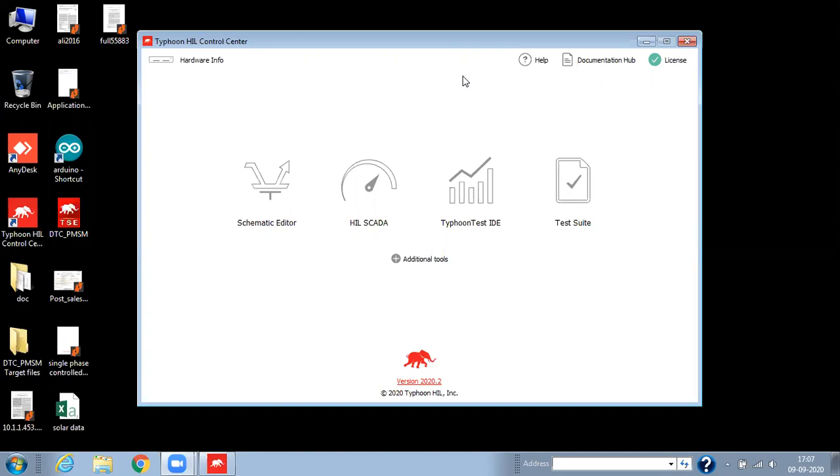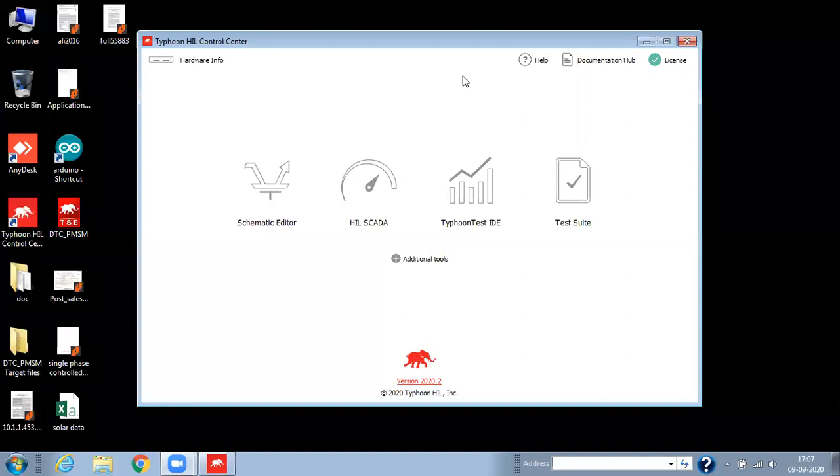For the inverter, we are going to use open loop control logic, and for extracting the maximum power, we are going to use the perturb and observe algorithm. So here the MPPT technique will be P&O.